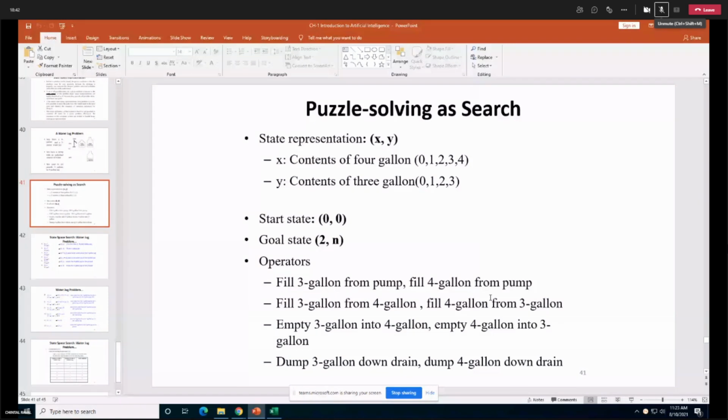Again, I'm representing all these things, so please concentrate. The state space for this particular problem is that I'm representing both the jugs as a set of ordered pairs of integers x and y. X represents